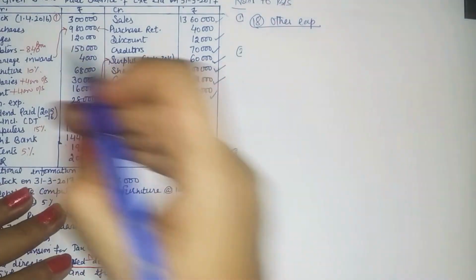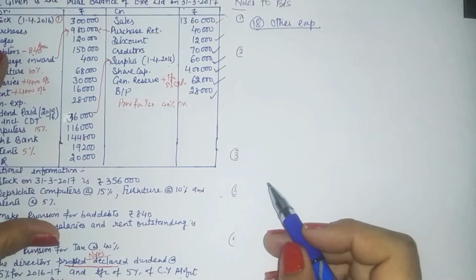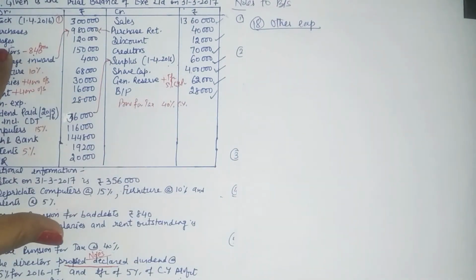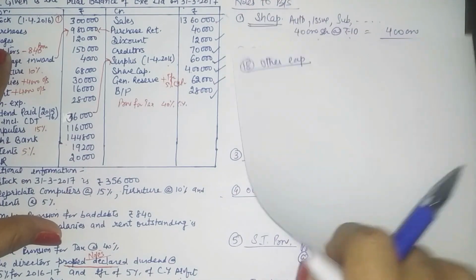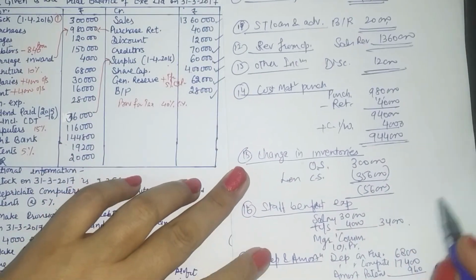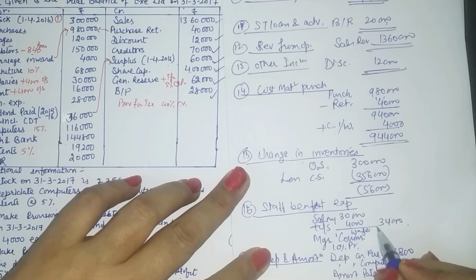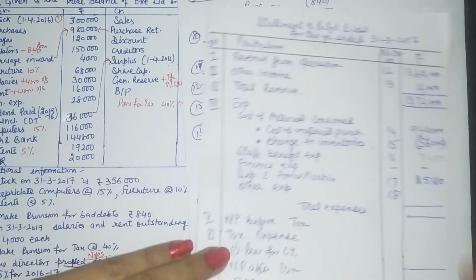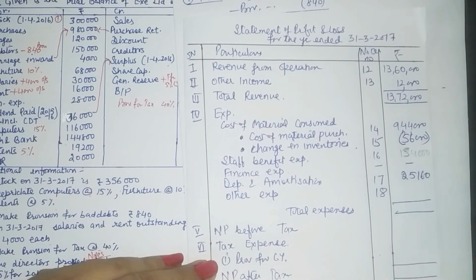Other expenses. Now look at other expenses, the next category. See what type of expenses are left here. Now we have taken up stock also. Wages 1,20,000. I think we missed that here. So wages is a part of your staff expenses. So wages 1,20,000, so 1,54,000 will be coming here.